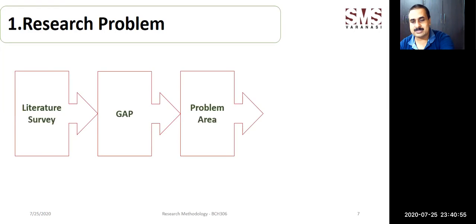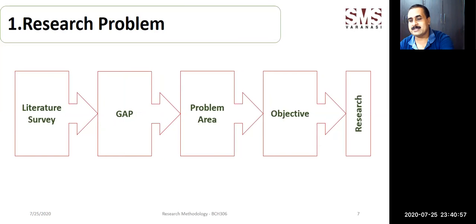And this is the process which any researcher is expected to follow. First, he has to do a literature survey, and through that literature survey he has to find the gap. Then he has to identify the problem, and on the basis of that he is going to define his objective of the research, and on the basis of that objective he is going to do the research. I will show you